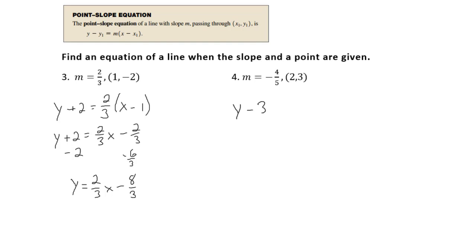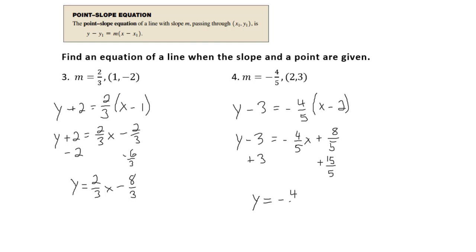y minus 3 equals negative 4/5 x minus 2. So that's y minus 3 equals negative 4/5 x, negative and negative is positive, 8/5. Okay, add 3 to both sides. And so the 3 I want to add with the denominator 5 is I'm going to add 15 over 5. 15 over 5 is 3, so I'm adding the same thing to both sides. And I get y equals negative 4/5 x plus